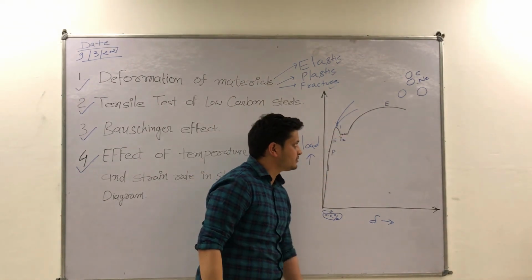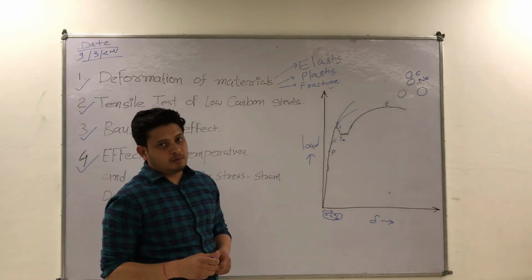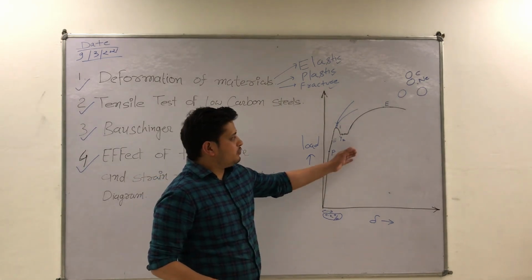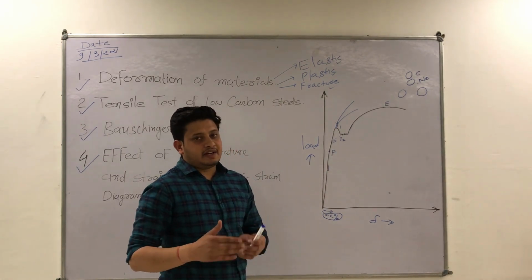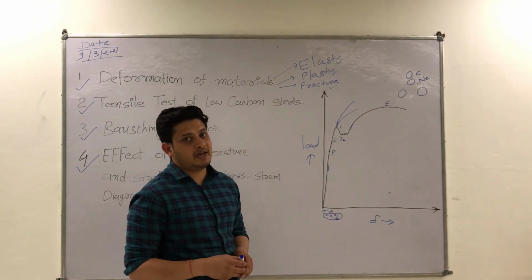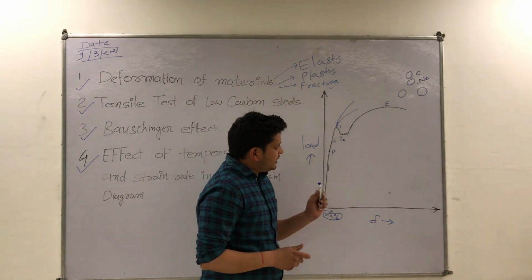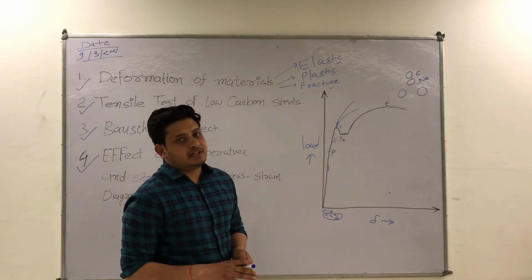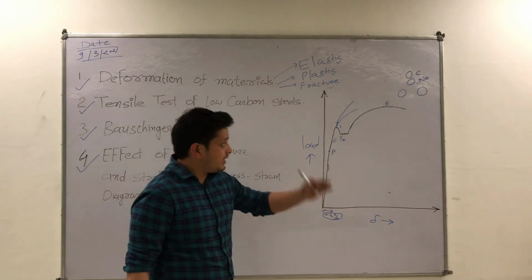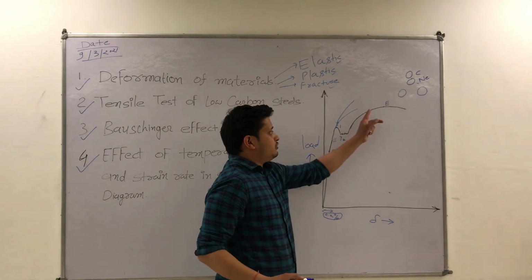What is strain hardening? In cold working, generally we observe that when the material is deformed, dislocations are formed. When the dislocations are formed, one dislocation acts as a barrier with respect to another dislocation, and due to dislocation pile up, a dislocation forest is generated. When the material deforms again, these dislocations act as a barrier and are not able to move in a preferred direction, so more stress is required to deform the material.